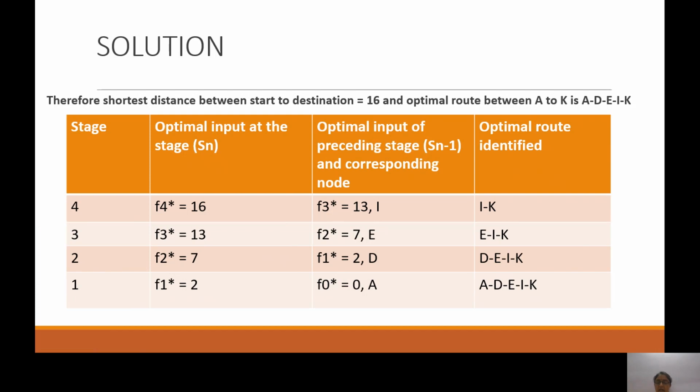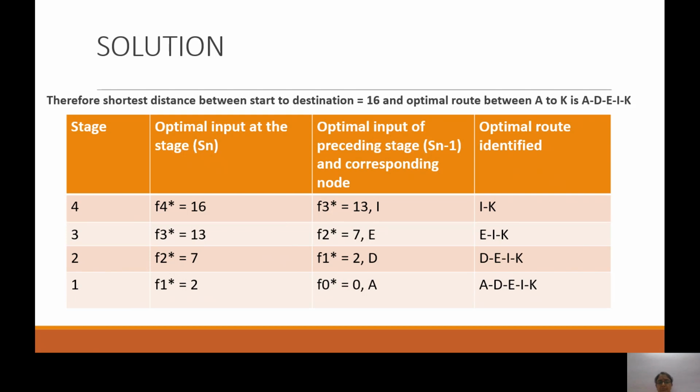And I have broken down the problem into stages as per the principle of optimality, or Bellman's principle of optimality. Into 4 stages I have divided my given shortest route problem. So this is a standard minimization problem using the concept of dynamic programming and the concept of recursive function, recursive equation following Bellman's principle of optimality.